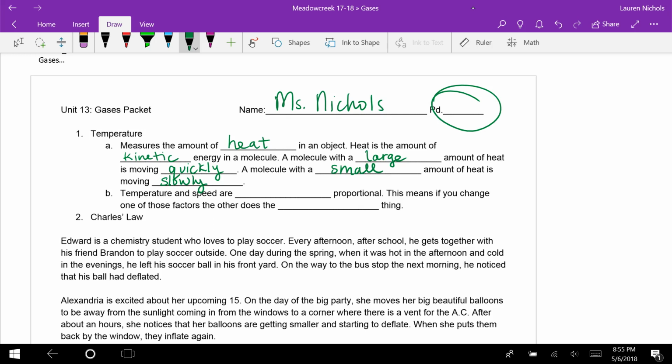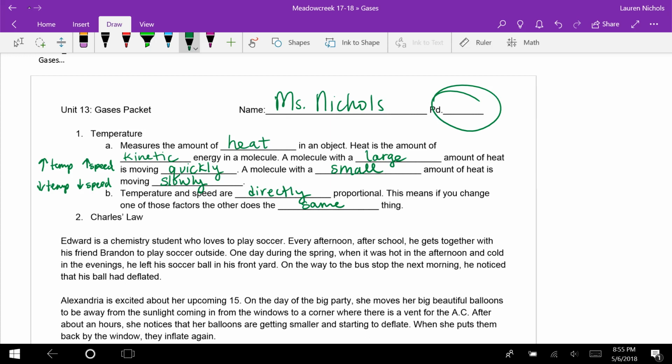And so we see that temperature and speed are directly proportional. This means that if you change one of those factors, the other does the same thing. We see this because if I increase my temperature, I increase the speed, and vice versa. If I decrease the temperature, I decrease the speed. That's what it means to be directly proportional, and that's a math term that you should have learned in your